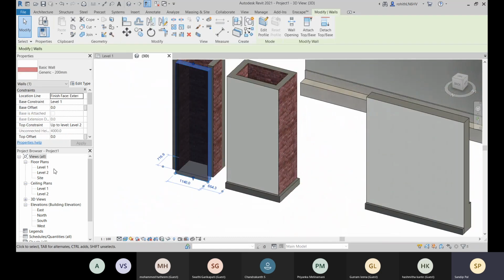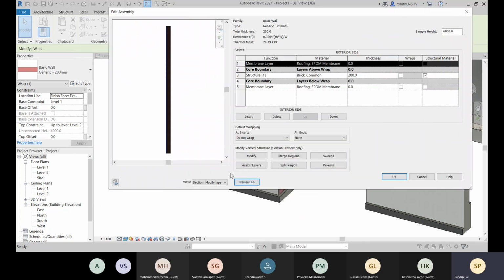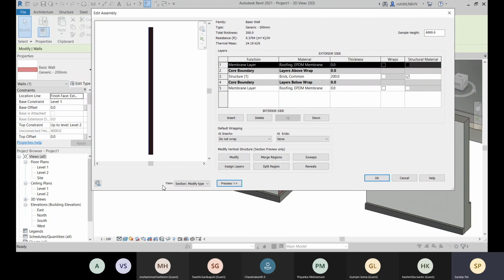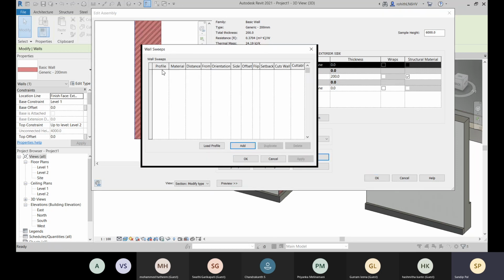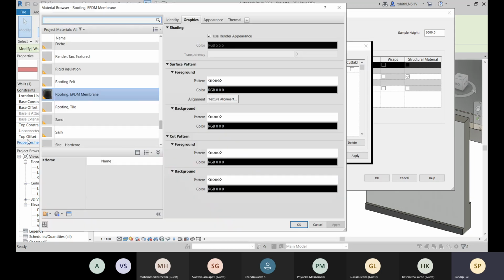You can also add cuttings within the wall. So go to its edit type, come to this structure edit option, and when you see the preview, we'll check this preview mode, then only you will have this sweep reviews, these things you will have. So there you can add your sweeps also. If you come to this sweep, you have to add one profile. So let's add this one. You can choose this profile.